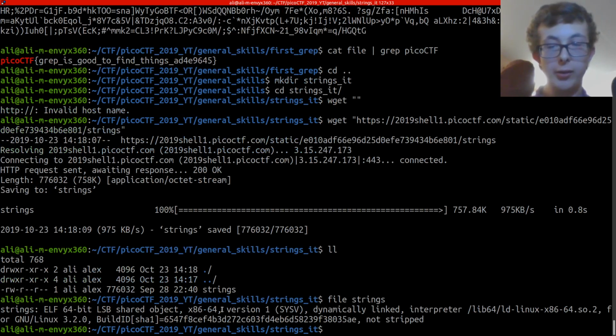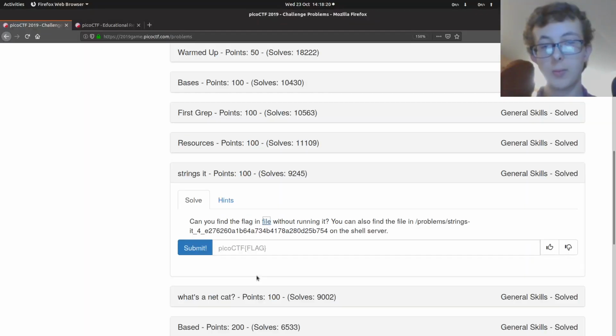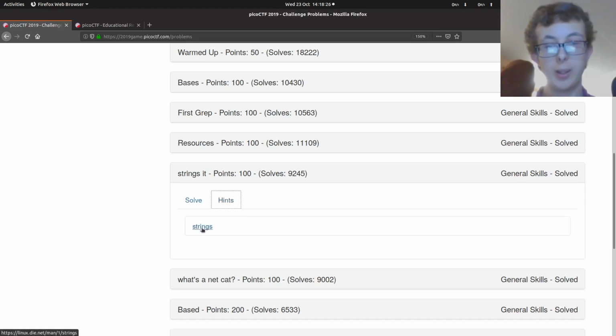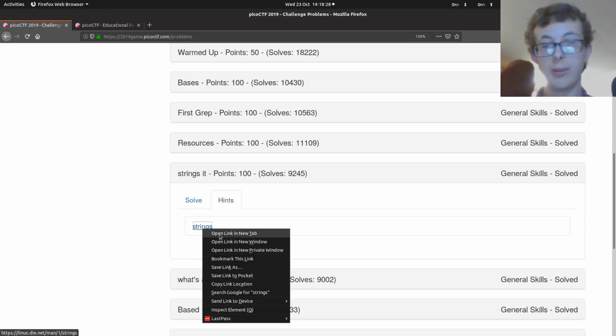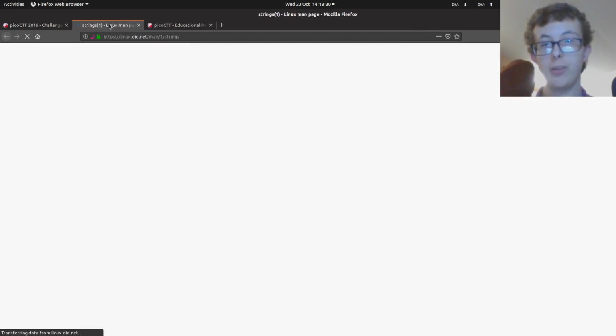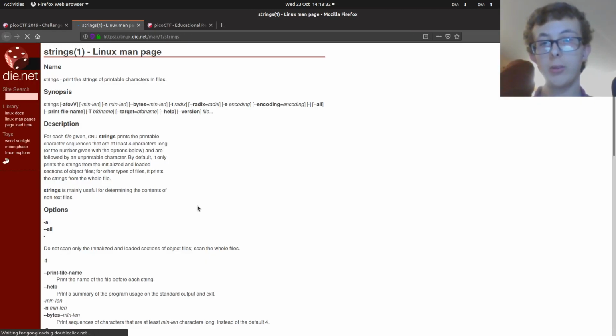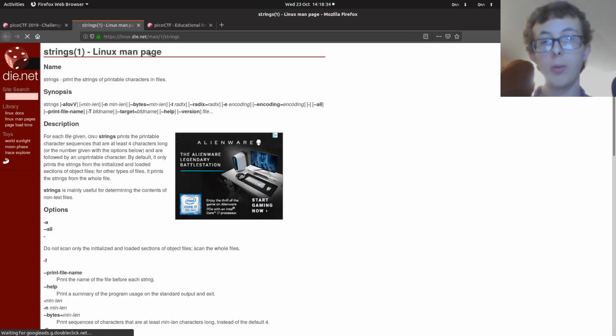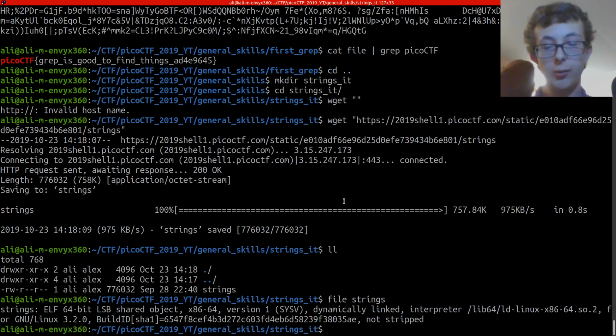We can see that it's an executable, and it said, can you find the flag without running it? And if we look at the hints, it just says strings, and this actually links to the man page for strings. And if you don't know what the man pages are, they are a database of manuals for all of the different commands in Linux. So if we go strings,